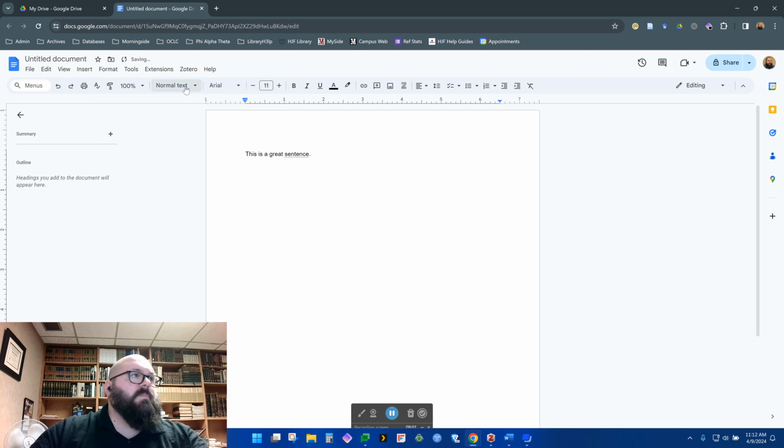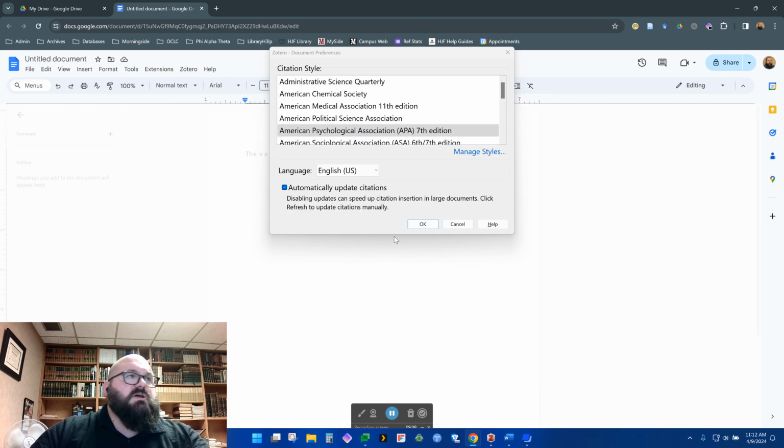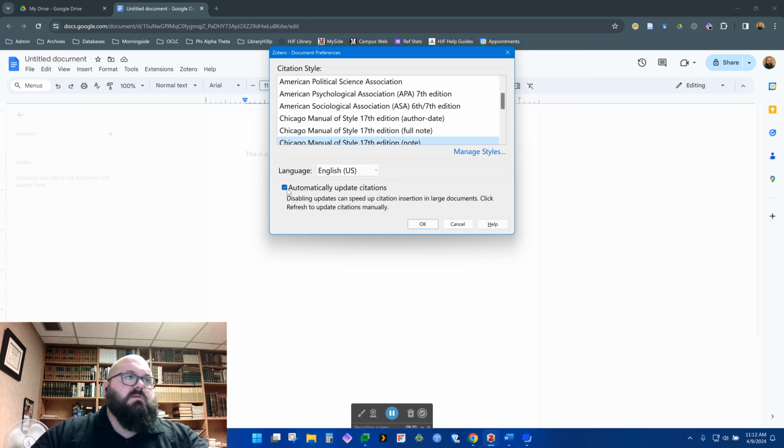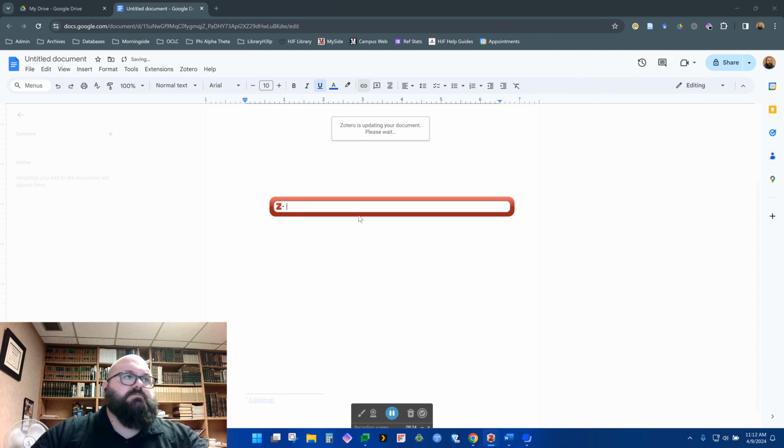So we can go, like before, and click Add Edit Citation. It's got to authorize that it can use, so you may have to click yes, please allow Zotero access to my Google Drive and to be able to edit my documents. And now you can select which citation style you want, leave automatically update, hit OK, and you should get your